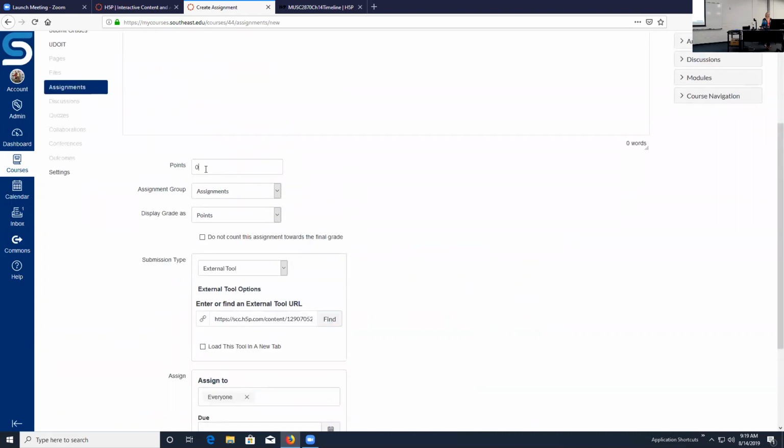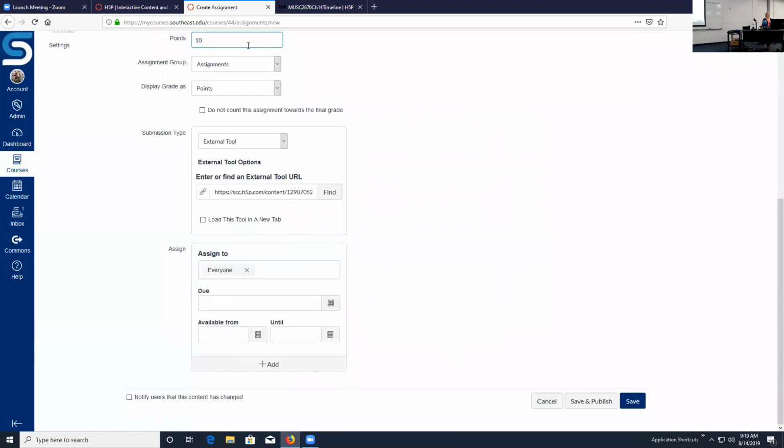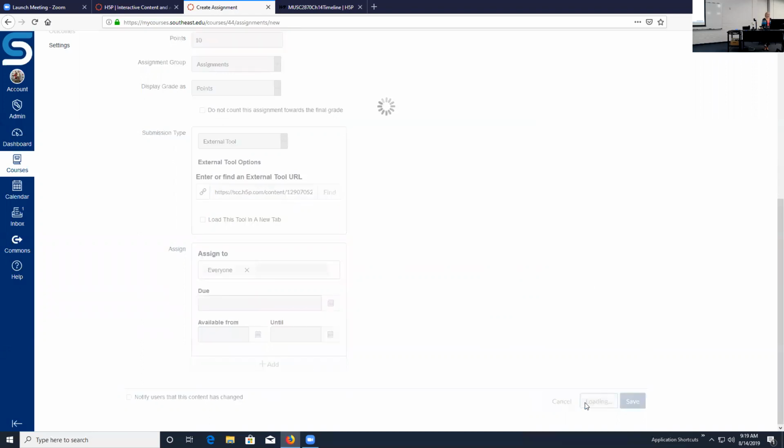And then you would set your point value for the assignment. Grade as points. Pick your assignment group that activity is dropping into for your gradebook setup. Again, the assignment group is equivalent to the gradebook category. If you're used to that terminology from Moodle, that's the assignment group. And so then when we go ahead and save and publish,